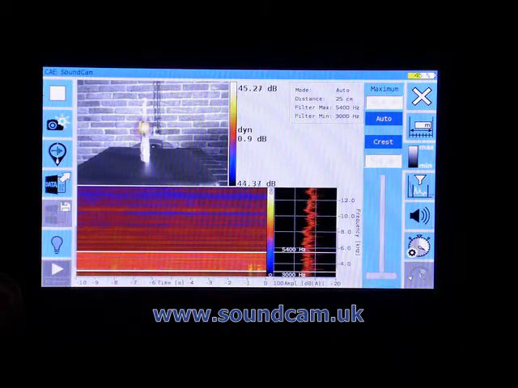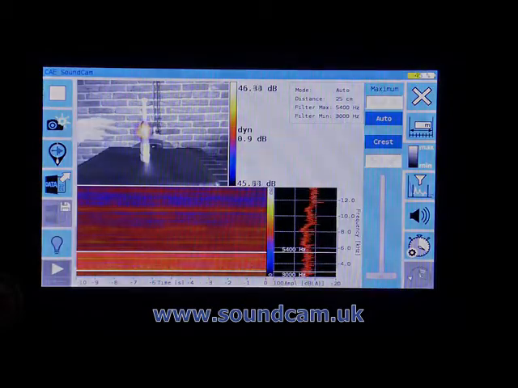So that's scaling for you, and you need to just point it at things and play around and see what that does. But it's one of the things that you need to think about to get the best results out of this. So I'll turn that off and